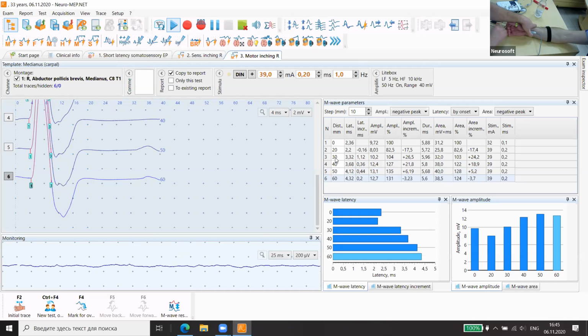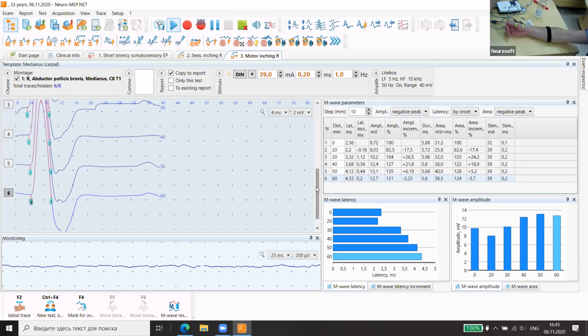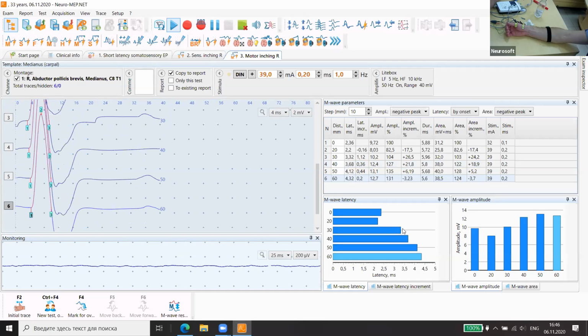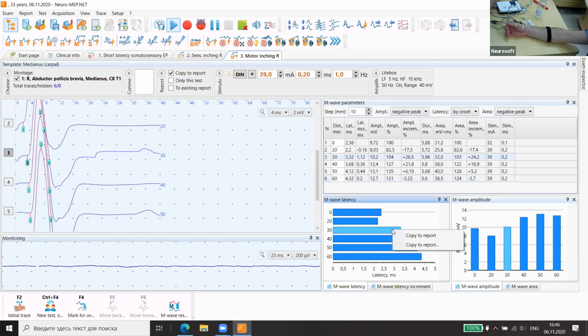So, initial answers we should repeat for clinical purposes. But now for demonstration, it's the same as the sensory imaging, so we can go further. This part was developed right, so we can see no gradual increasing, and this was the size of the wrist. So now we go to the next